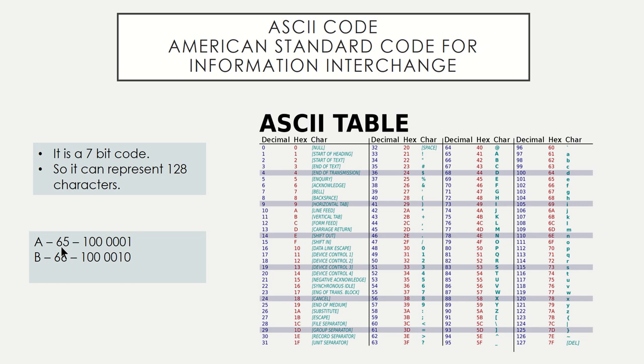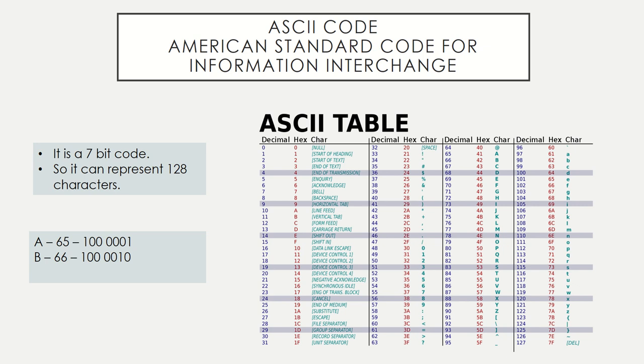So how do we do the decimal to binary conversion? You must have already studied it. When you do that, you will get 1000001. So when you press A on your computer, internally it will be converted into 1000001, and then your CPU will understand that you have pressed A. So this is the ASCII representation: you type in a language that you understand, but before the computer can process the information, it needs to be given in a binary form.